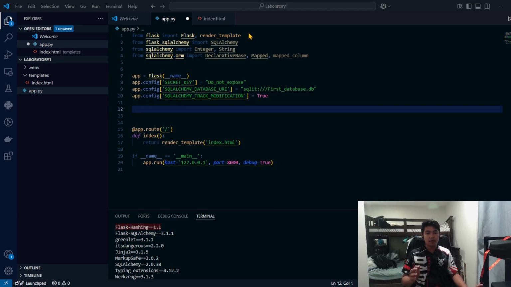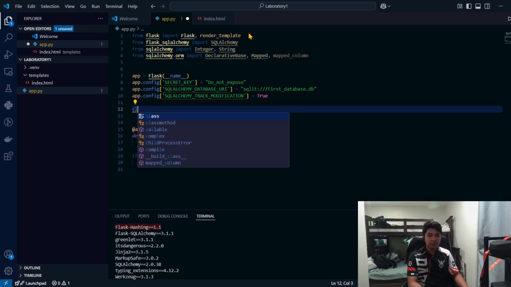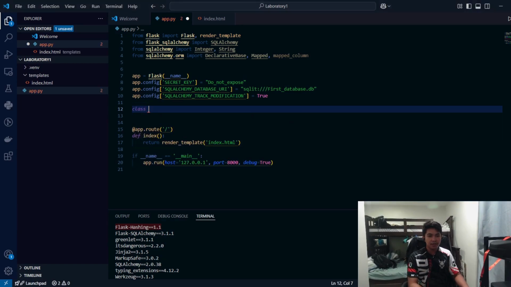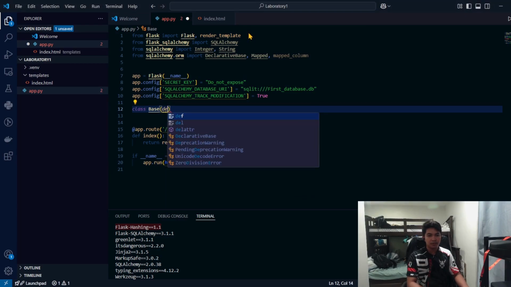Now, SQL Alchemy has the declarative base method, which is used to make a table for our databases. To make a declarative base, we must first make a class named Base, then declarative base.